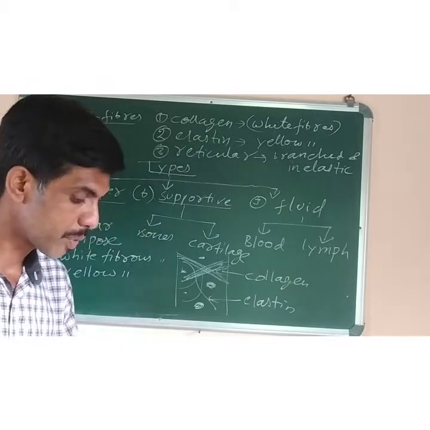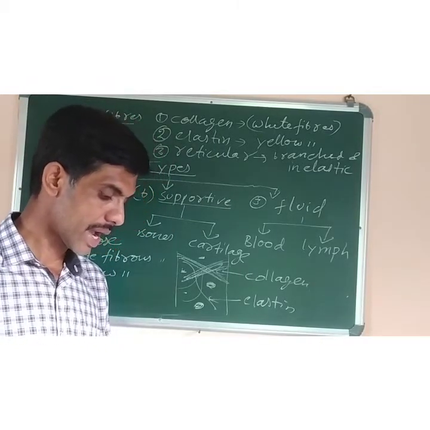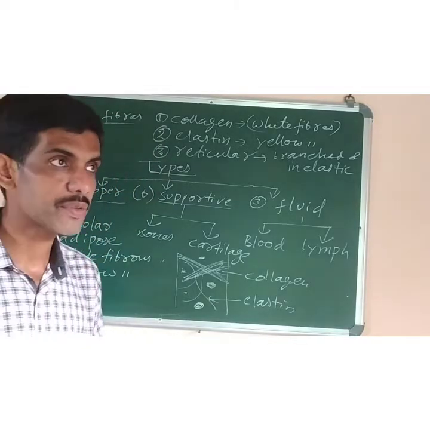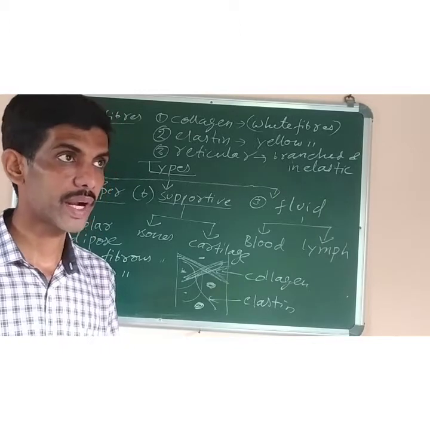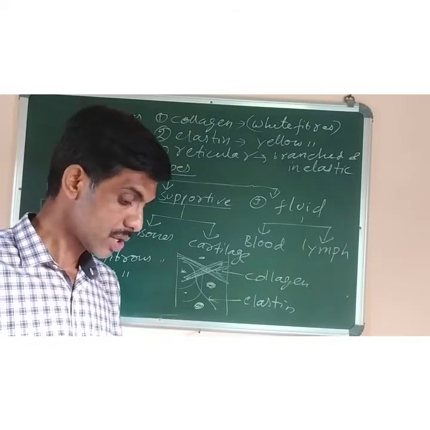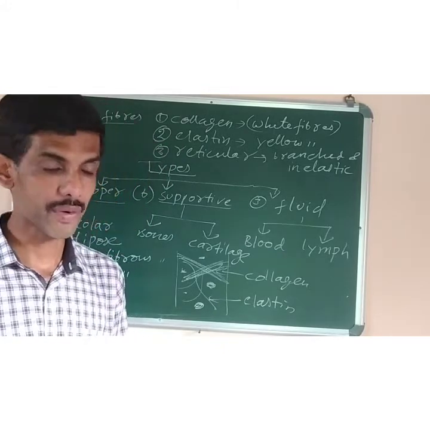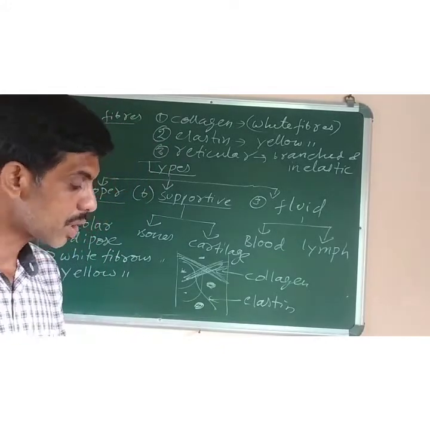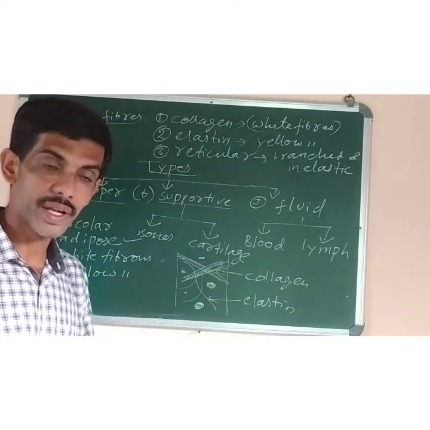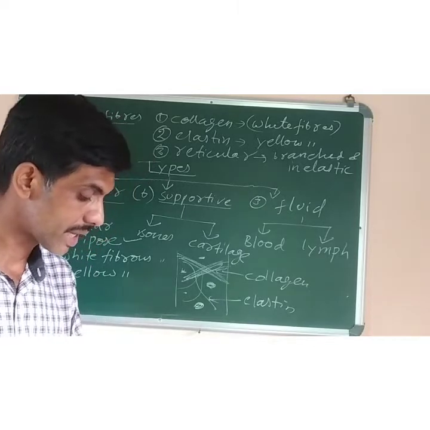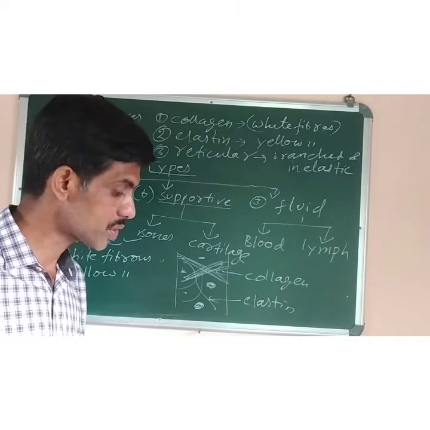So adipose tissue contains adipose cells, which are called adipocytes, and there are two different types of fats. What are they? White or yellow fat and brown fat. And you know that brown fat provides 20 times more energy than white fat because it contains a large number of mitochondria. Now, where is it located? Adipose tissue is located below the skin. It is found around internal organs like the heart, kidneys and eyeballs. And what is the function? It keeps our body warm and stores fat.